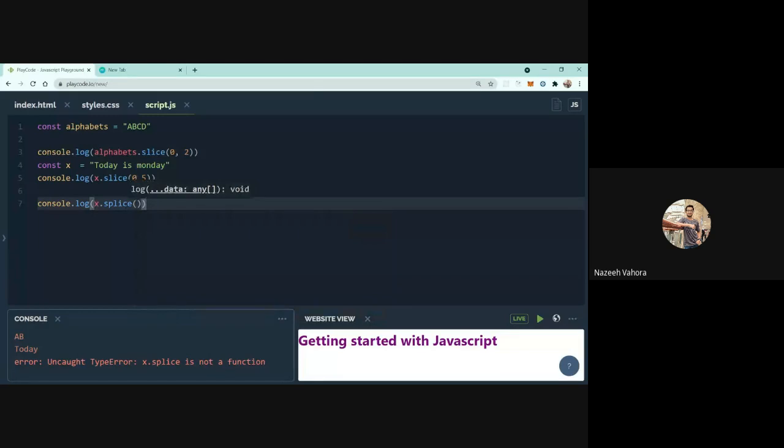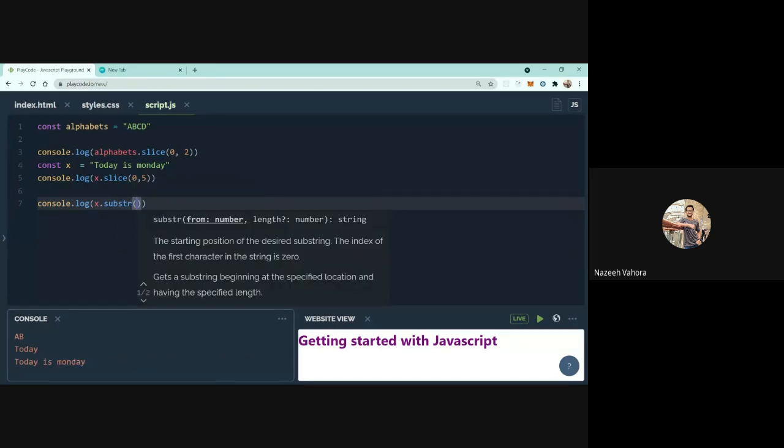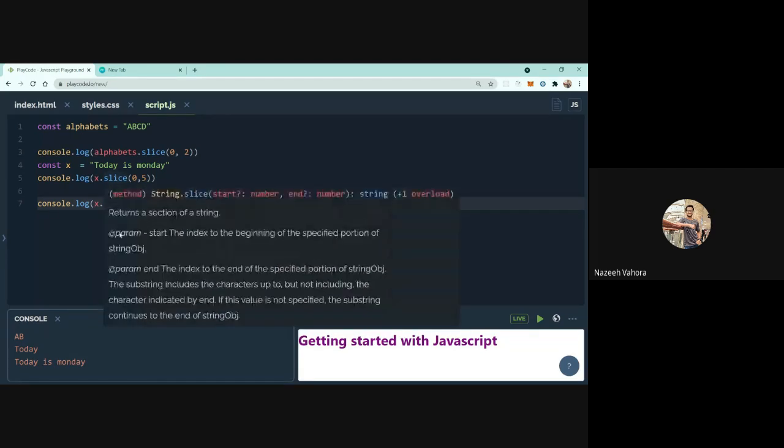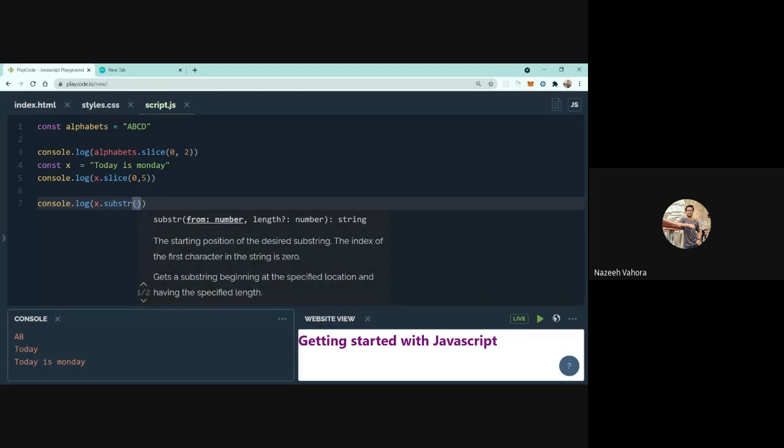No, no, actually I misunderstood it. It is the substring method. Sorry. Yeah, here we go. Now the substring method is the same as the slice method, but one difference between slice and substring is that the slice method accepts negative values also.